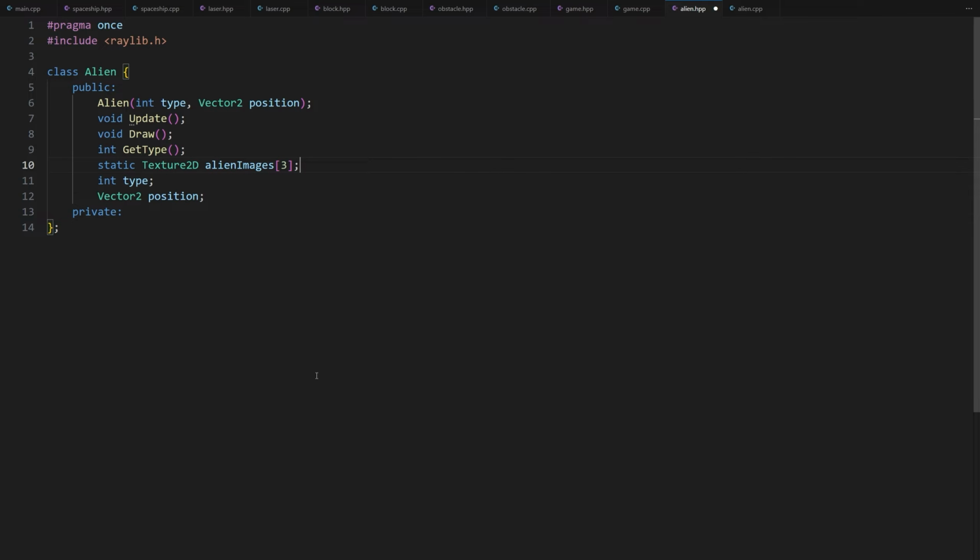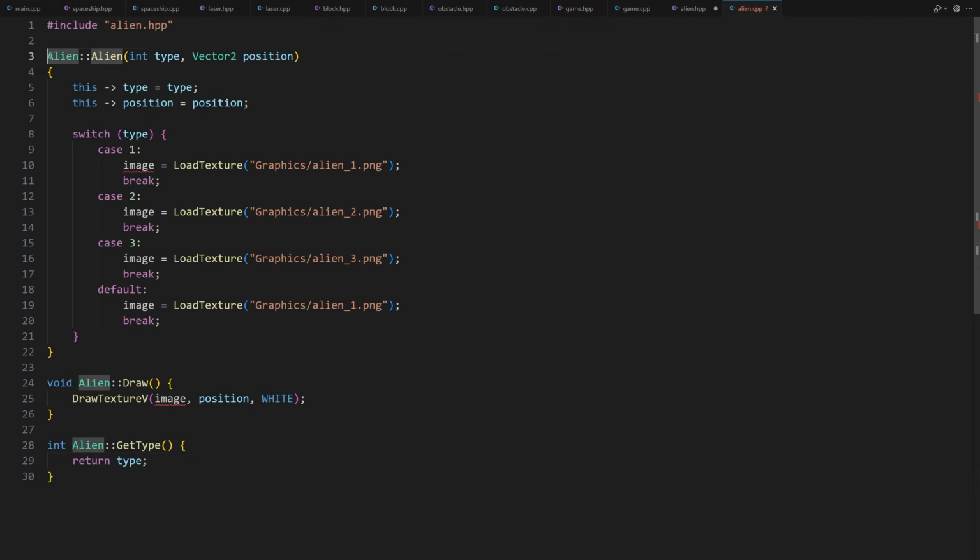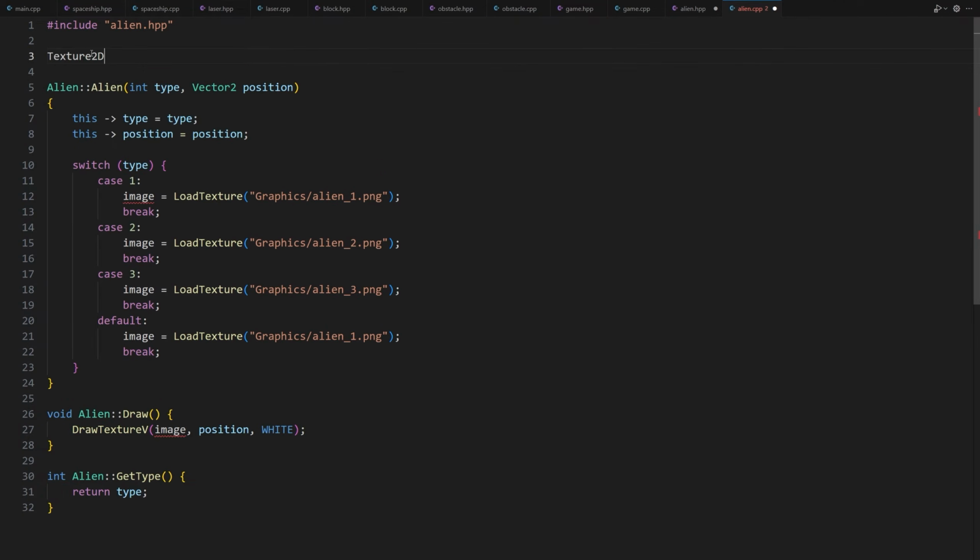Let's go to the alien.cpp file. First, let's define the static variable and initialize it. Texture2D Alien::alienImages[3] = {}. We initialized it with 0 values. Now in the constructor, we will add a check. We know the type of the alien we want to load its image.